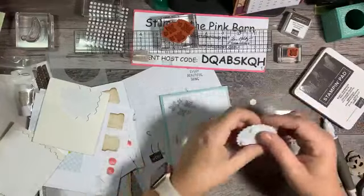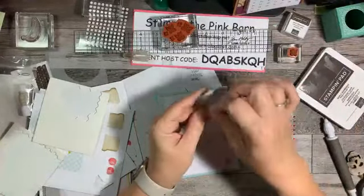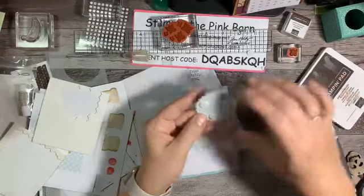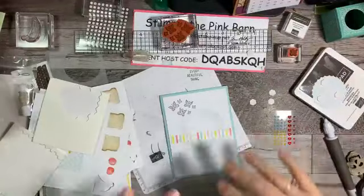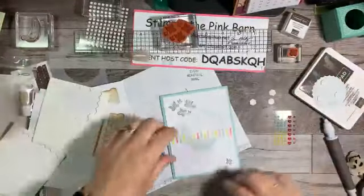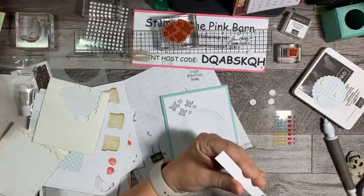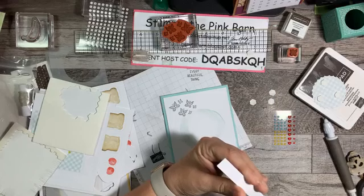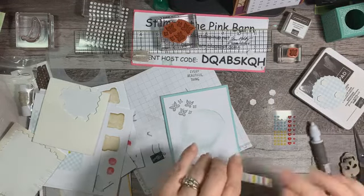Sorry, I didn't say hi to you guys when you all popped in here. When I'm watching it off of my other phone, everything disappears. You'll see things pop by, but if I'm in the middle of something, I don't go back and look at it, and then it all just disappears on there. So you have to touch it to bring everything back up again to see everybody's comments. So no, I was not ignoring you guys, I promise. Okay,